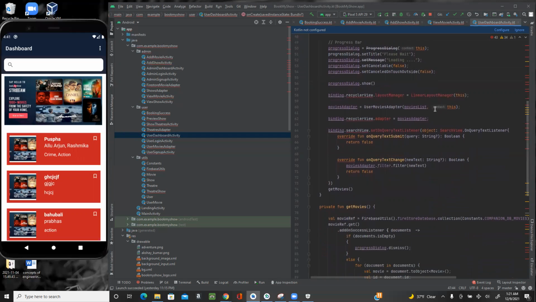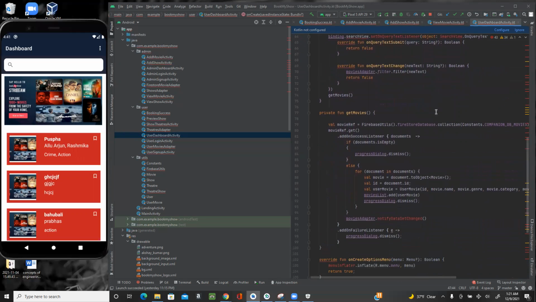So using the unique movie ID, we can get the movie list from the database. To get the movies, we have called a method called get movies here, and we have used a for loop. Using the for loop, we iterate the movie list and display the movie names one by one. When you click on a movie, for example Bahubali, or say Pushpa,